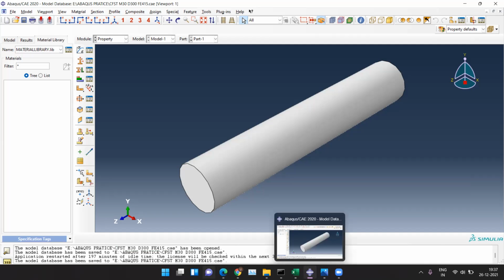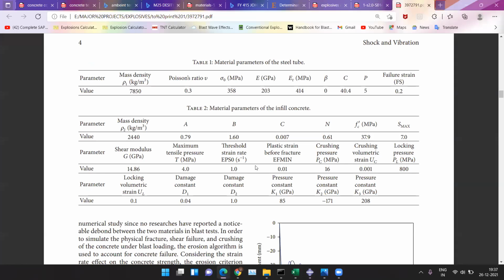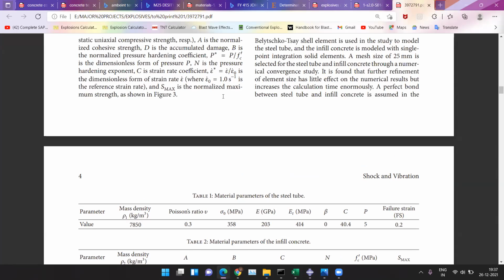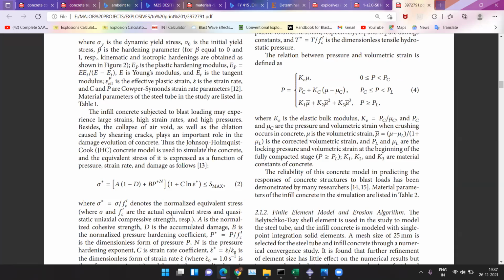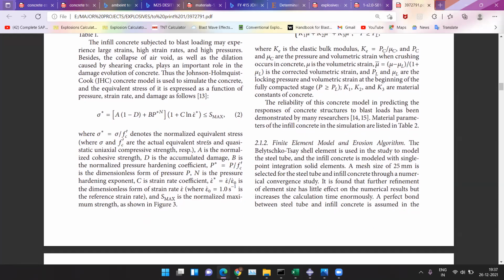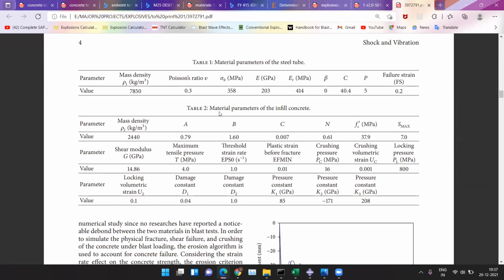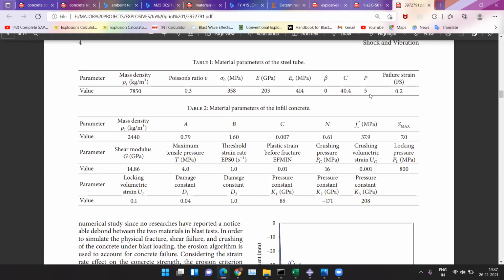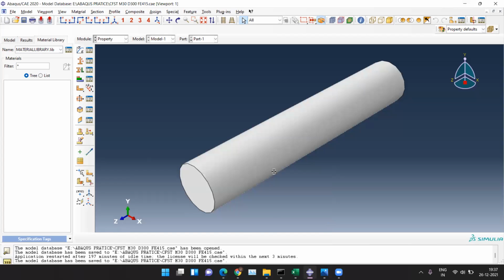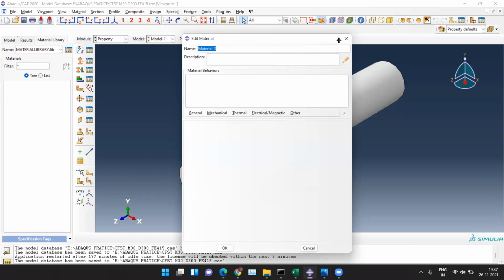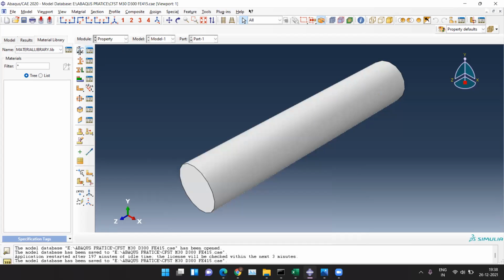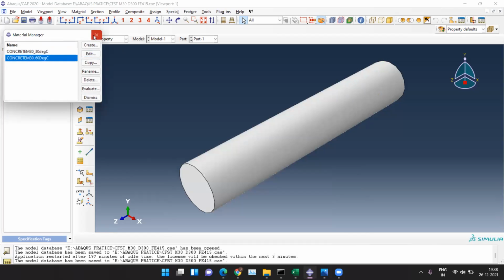Yes, sir. While reading the paper, I saw they used some Johnson-Cook damage criteria parameters. So while giving the material properties, I have to give these criteria parameters also. Yes, you have to give these parameters. In my case the outer is steel and the inner is concrete.